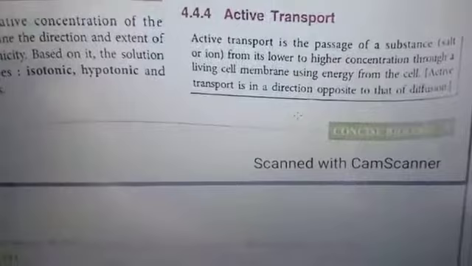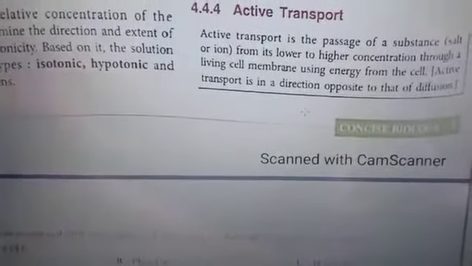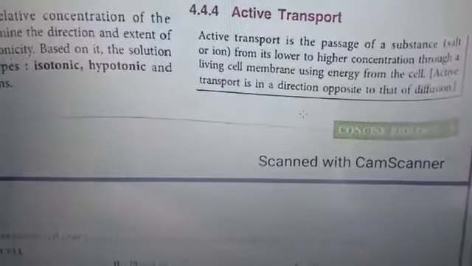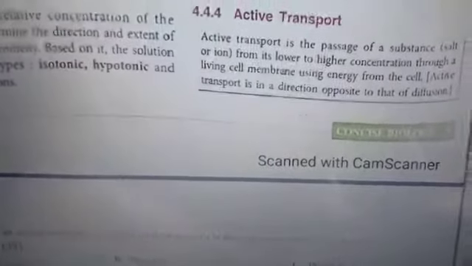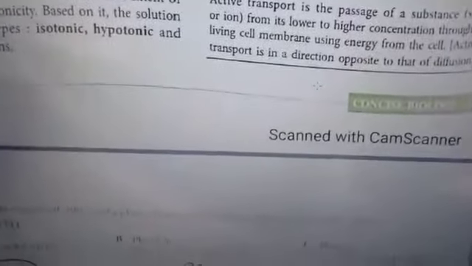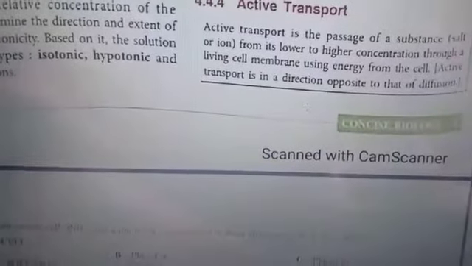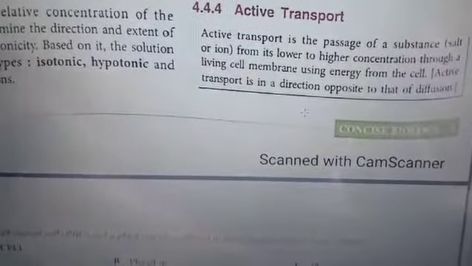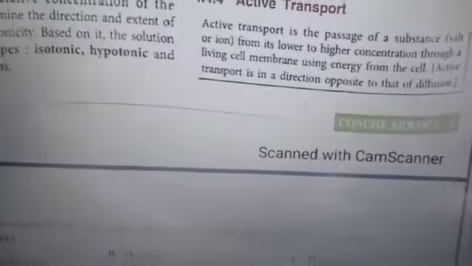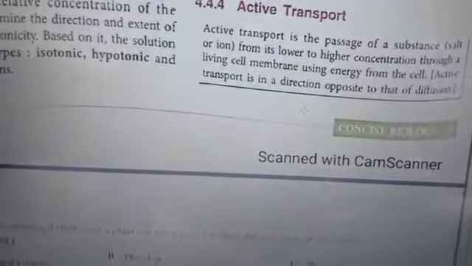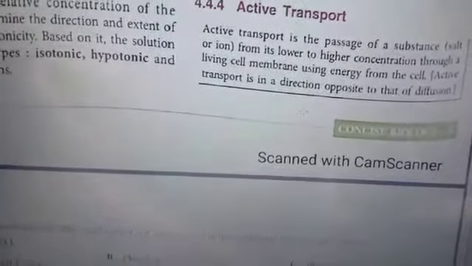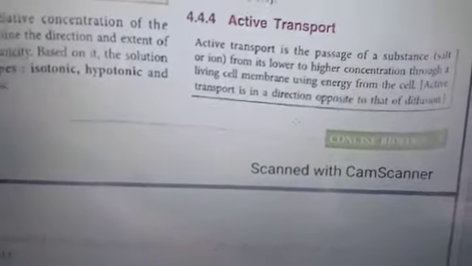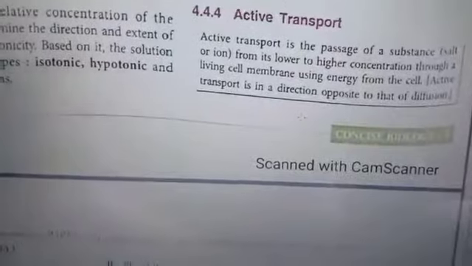If the flow of the water is from right to left and you are also swimming from right to left, it will be easier for you to move because you are flowing along with the water. But if you start swimming from left to right, it will be somewhat difficult for you. You will need extra effort to bifurcate the water and move ahead, right? Same is with active transport. As it is moving from lower to higher concentration, it needs energy, and that energy is being provided in